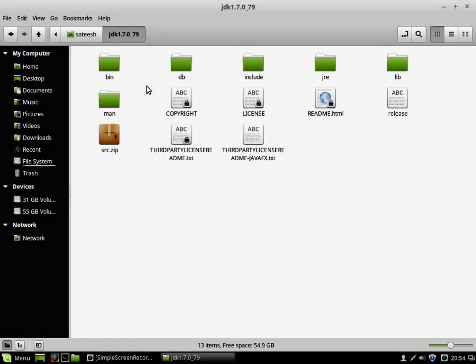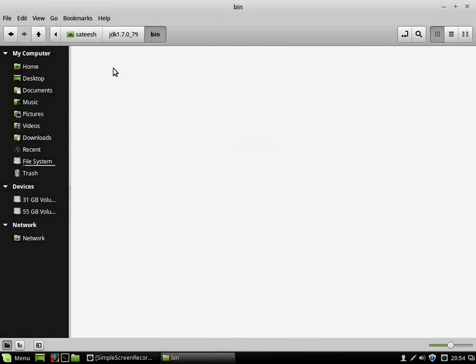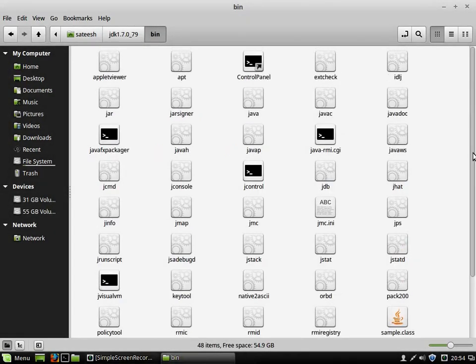When I open it, there is a bin directory. You can see these two files, javac and java. These two are used for compilation and execution. We use the command javac for compilation and java for execution. And unfortunately, whenever you install Java, our machine cannot recognize these two commands, because we use the console screen for executing our programs.